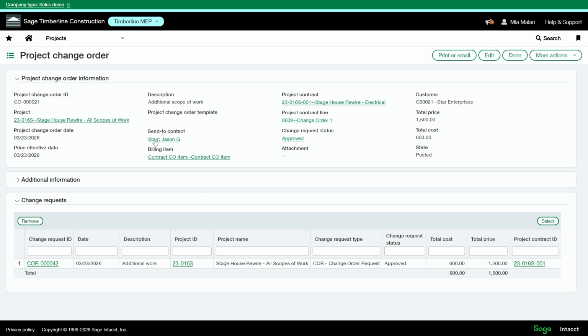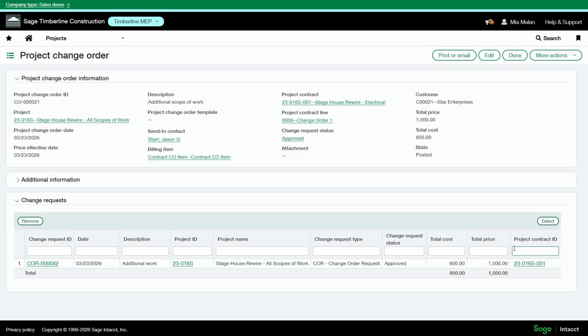So until the project change order is issued, you cannot bill on this change order. I can remove the change request. Maybe I have a few more that are coming after, and I can remove it. I can edit the state and add the change request as needed.